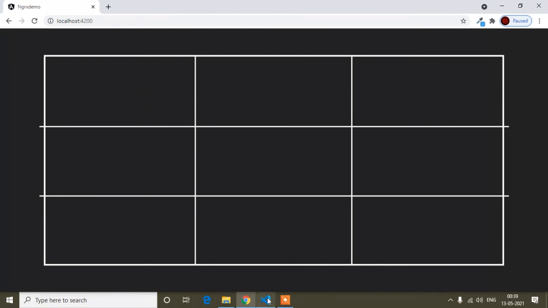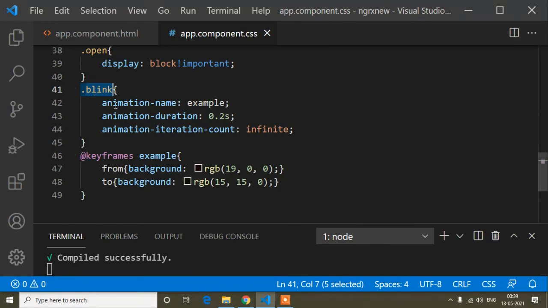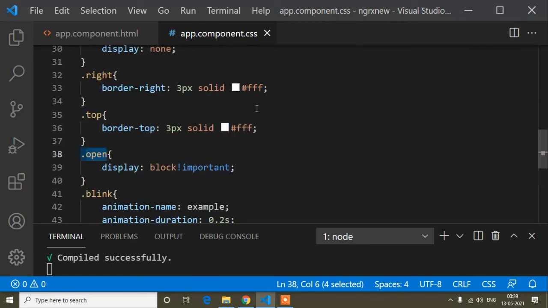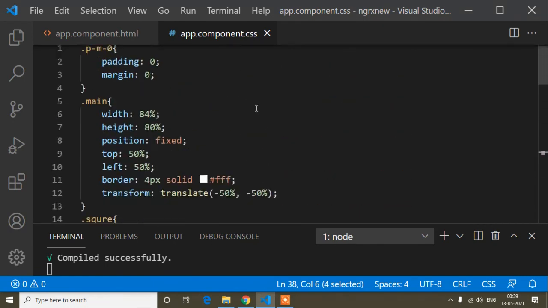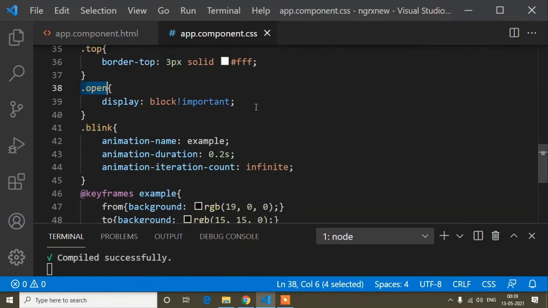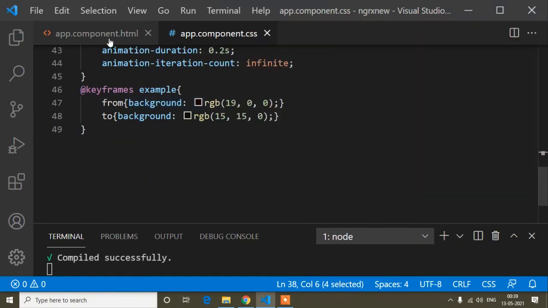So for that I will use this blink class. This class and the other class I will use when I write the functionality. In the next video I will write the functionality. I hope you have understood the CSS I have written here. You can see the CSS, so you can pause the video and write it.